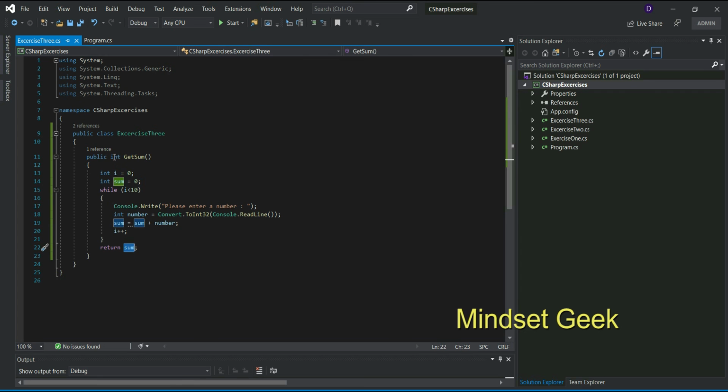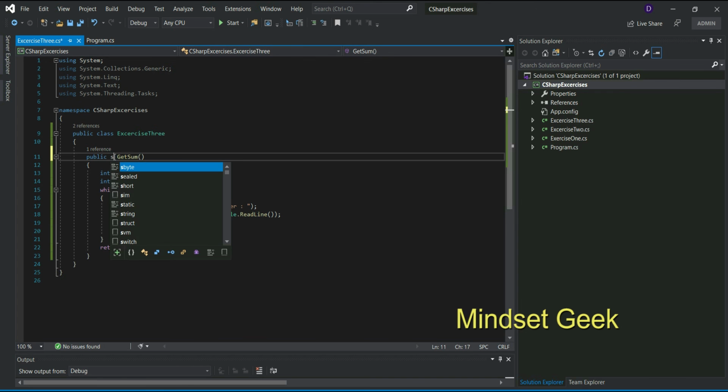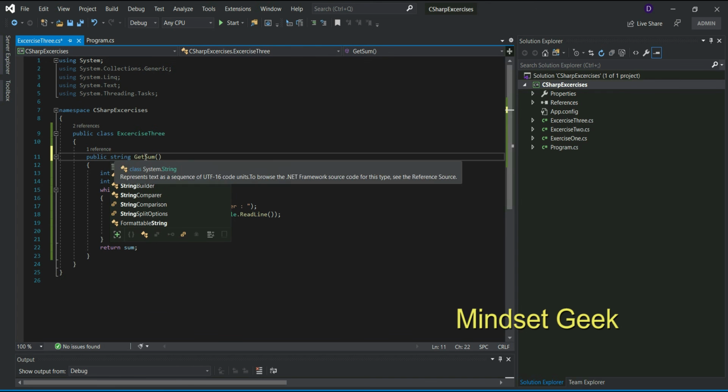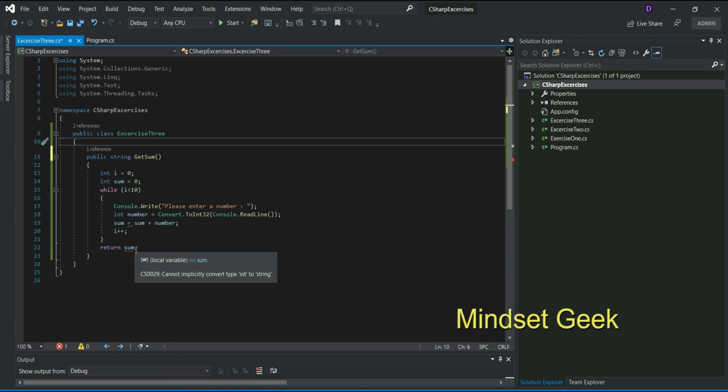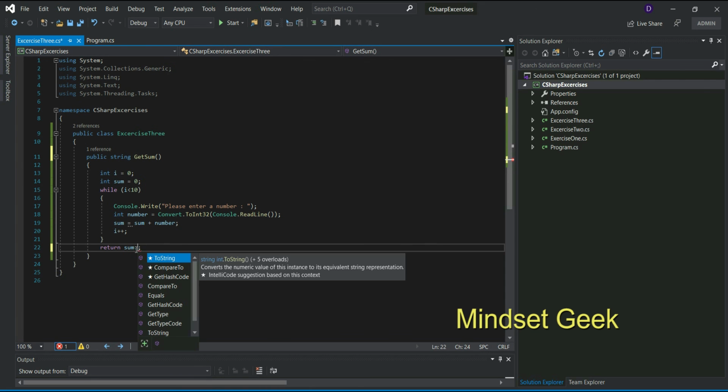If this one is a string, how to return? The sum is an integer, so use dot ToString.